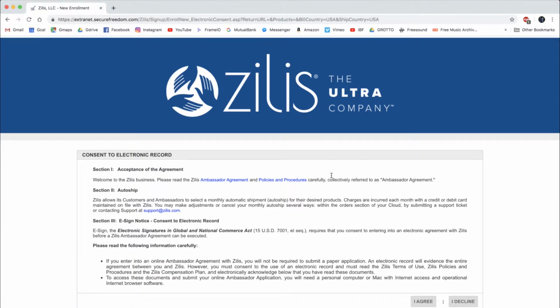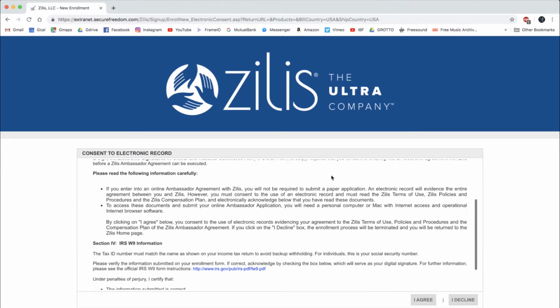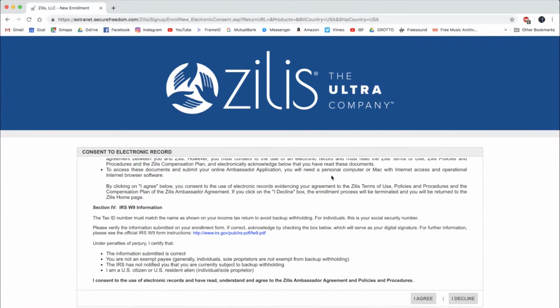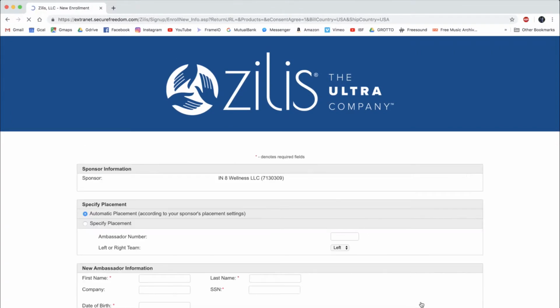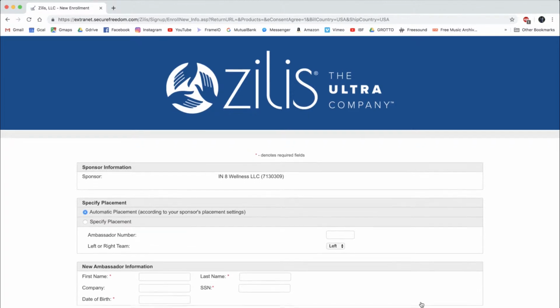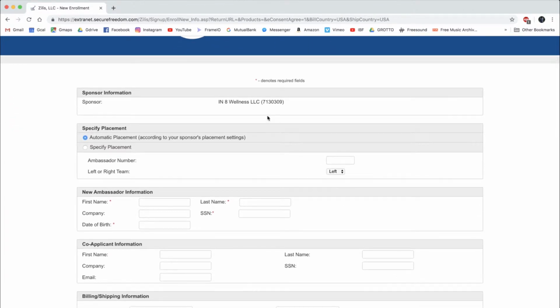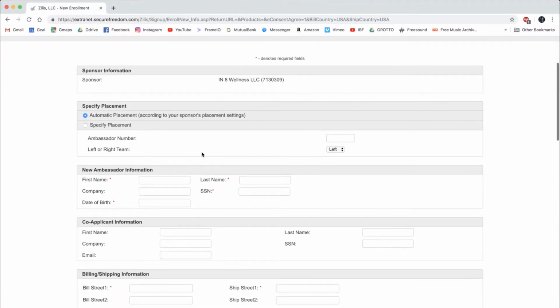So the first thing that's going to come up is the consent to electronic records. You're just going to want to read through this, and then when you're satisfied that you agree with that, hit I agree. And then all you're going to do is fill out this screen. So basically every place that there's a red asterisk is a required field that you have to fill out. If you're in the right place, it should say Innate Wellness LLC 713-0309 at the top. That's my ambassador number, and that's my corporation that my independent Zilis ambassadorship